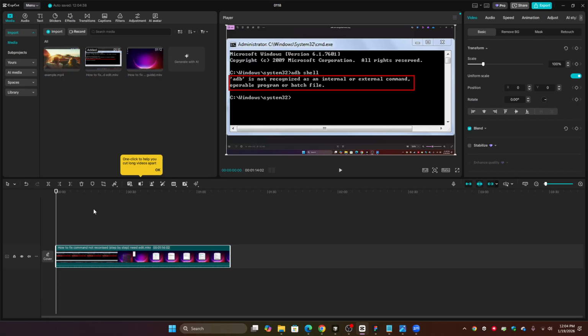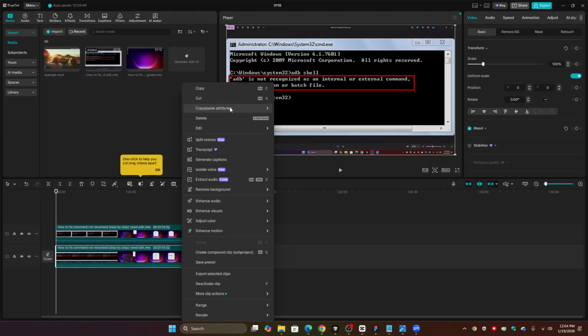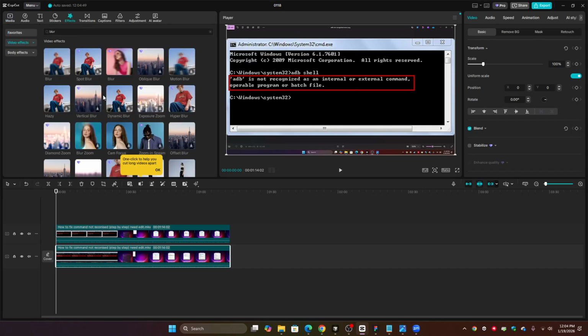First thing that I need to do is copy paste the clip itself, Ctrl C, Ctrl V. If you can't do that, just right click, then go to copy, and then you need to go to the paste one here. So the second thing that I need to do is going to the effects, blurring, and just drag it in the second clip. Please drag it in the second one,